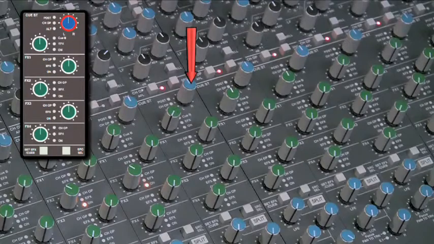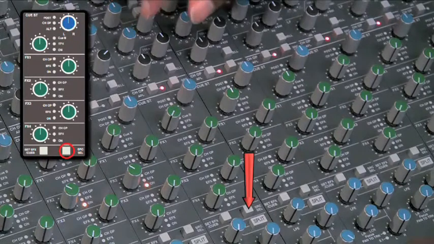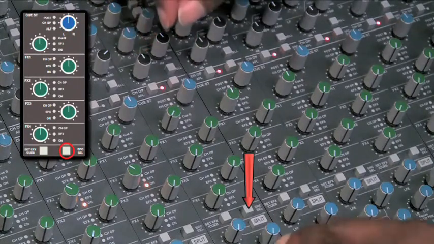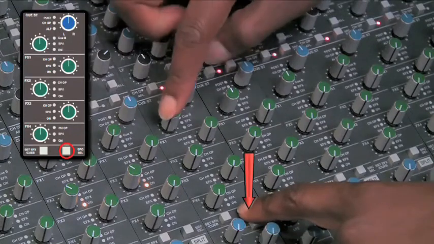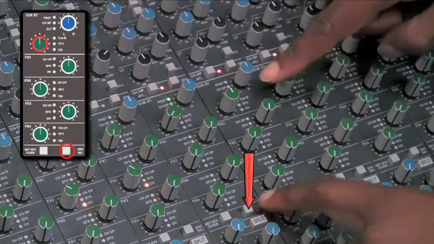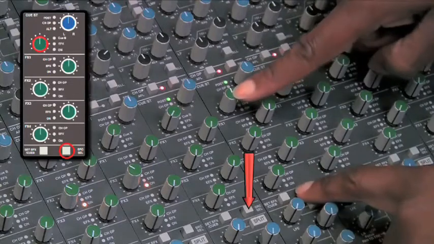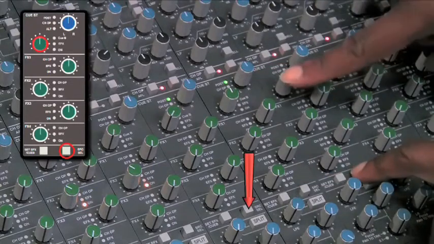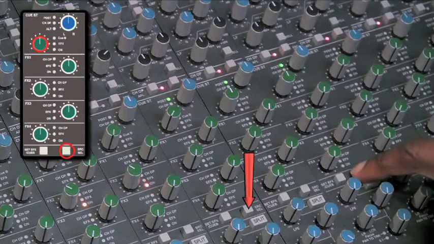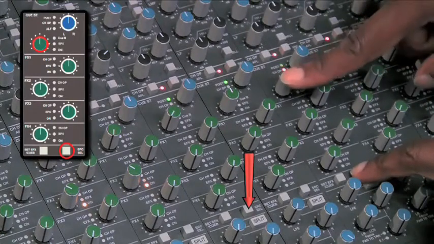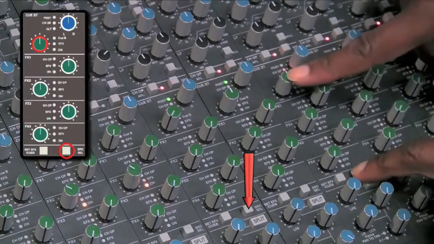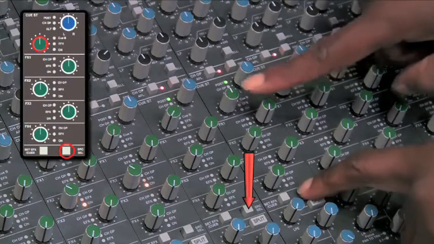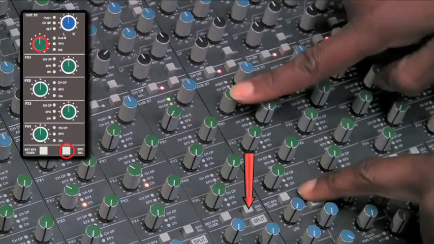You can select and toggle the source for your cues by holding down the source select, which is at the bottom of the effects send section. Then you press the green pot, which is the send pot for the cue. The options available are a post-channel fader send, the direct output,